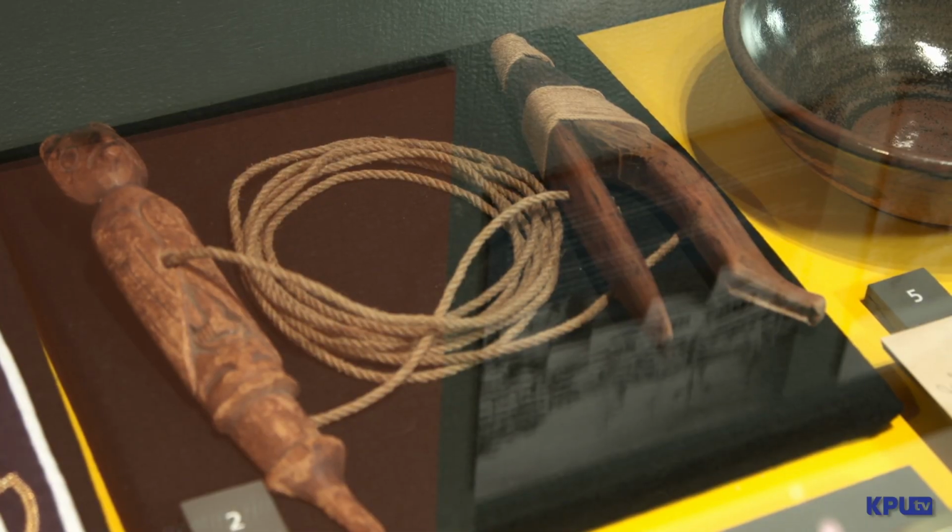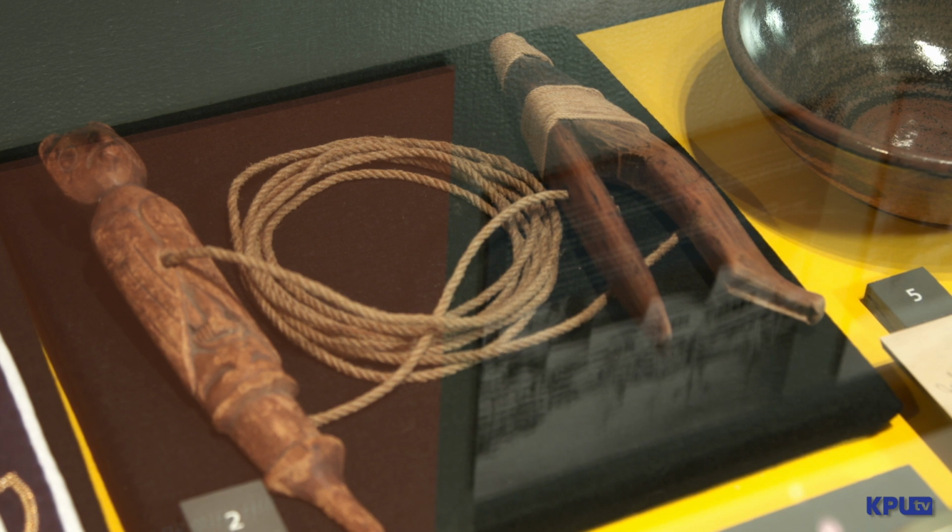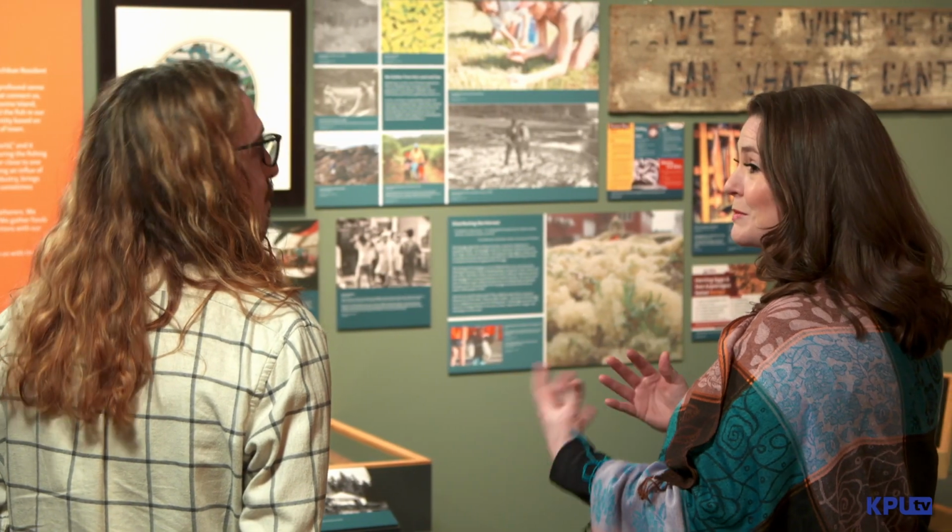It's really amazing technology too with the halibut hook, because it is a knowledge that the halibut hook is made to make sure that you are not getting older egg-laying females or juveniles. So you're actually sustaining the population by not getting halibut that are too young and not getting halibut that are actually producing babies. So the gathering itself of creating these hooks is not only sustaining humans, but it's sustaining the